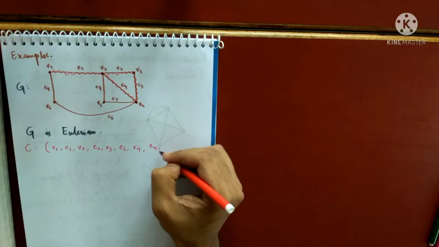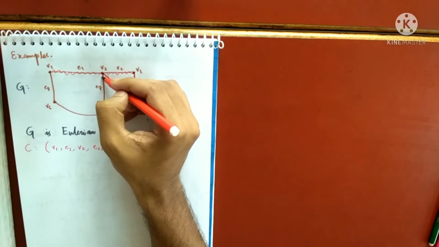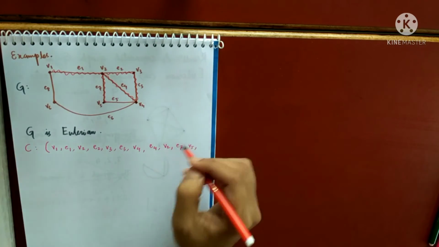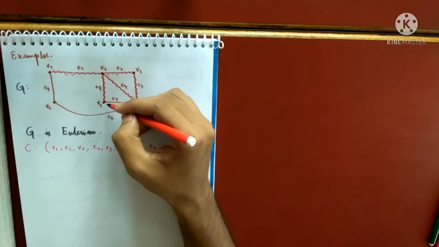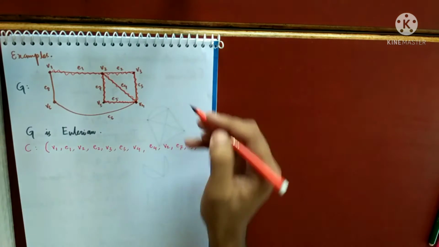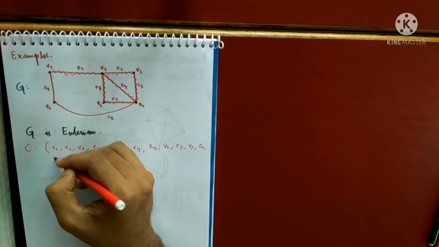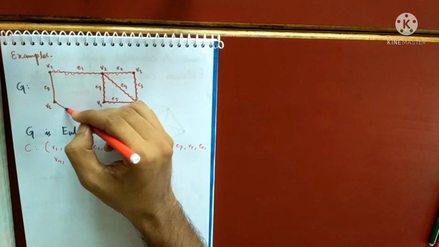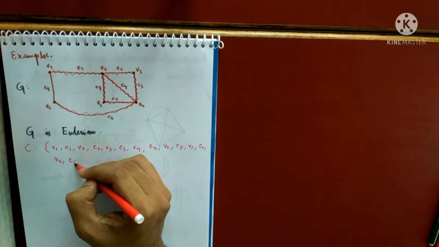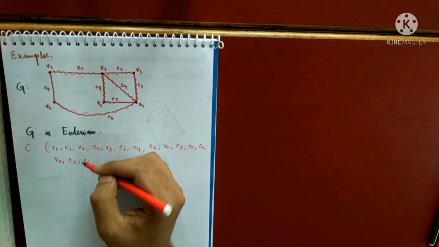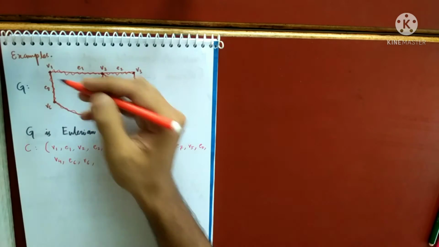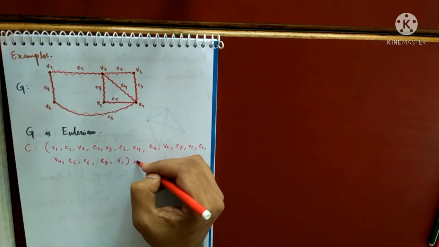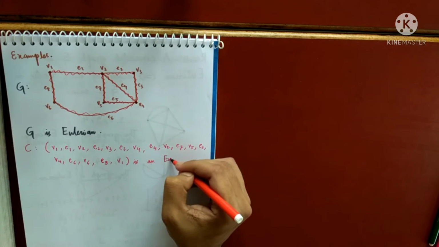So e4 and v2, then e7, v5, then e5, v4, and then e6, v6, and lastly e8, v1. So this is an Euler circuit